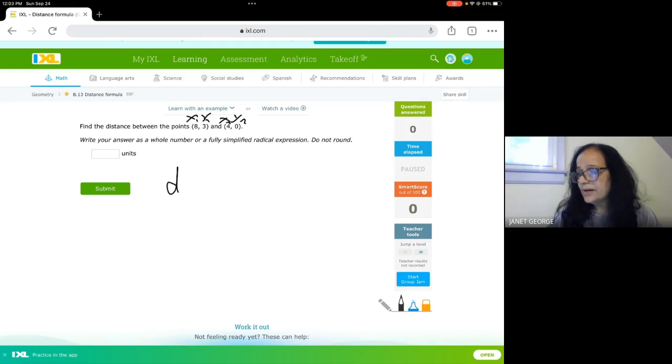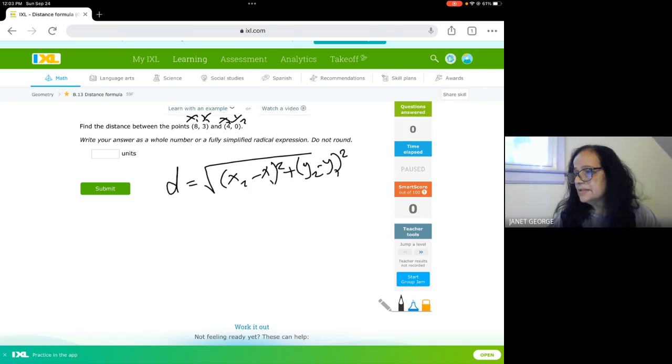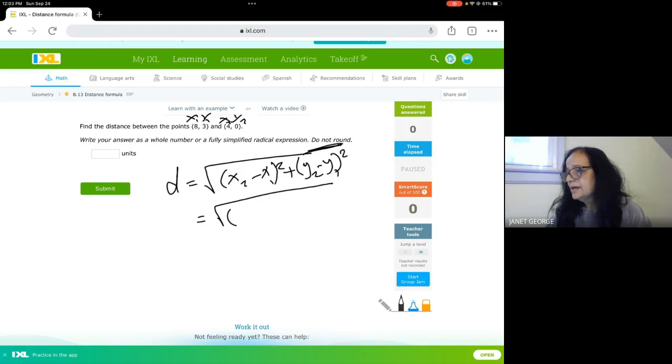We need to find the distance. So d equals the square root of (x2 minus x1) squared plus (y2 minus y1) squared. All of it under the radical. Make sure it's under the square root. Okay. Now let's substitute. So x2, we have it already: (4 minus 8) squared plus